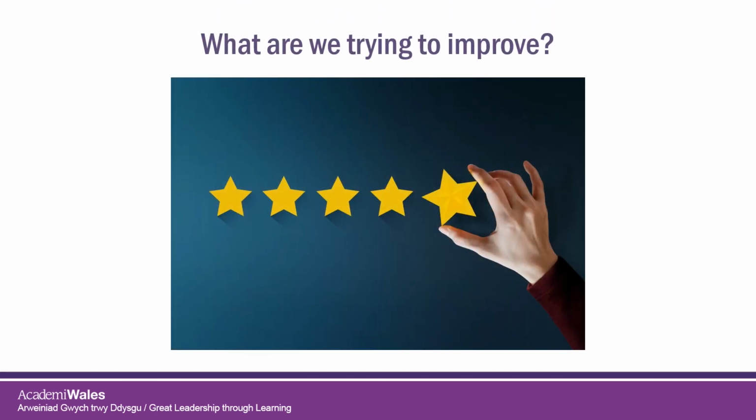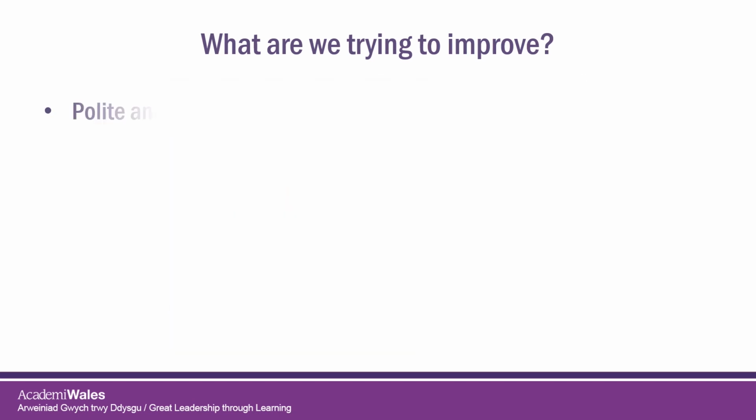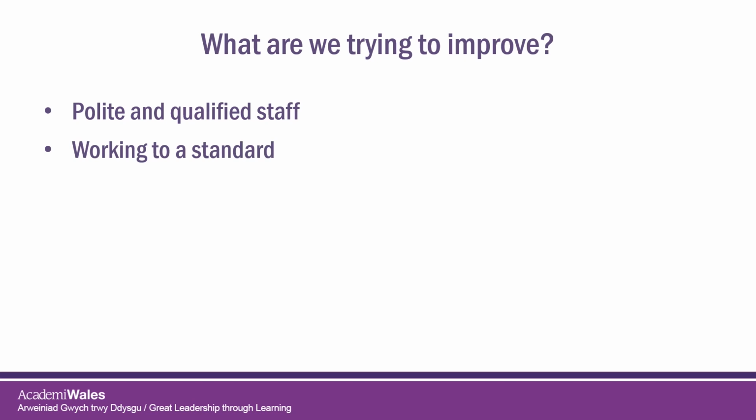What are we trying to improve? In improvement work, we are always trying to improve quality. But to do this, we need to understand what we mean by quality. An example of this is when you take your car to a garage for a service. I'm sure there are things that you'd expect from that garage that if they didn't have in place, you wouldn't be very happy. You'd expect them to be polite and definitely qualified staff, that they're working to a standard. They're using the appropriate equipment and materials,